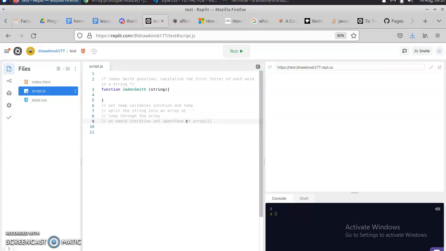And then I'm going to have that set to the value of array I. Set uppercase. That's probably not a good way to say that. At each iteration, set array I to equal